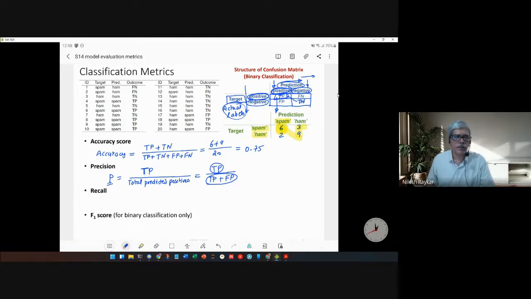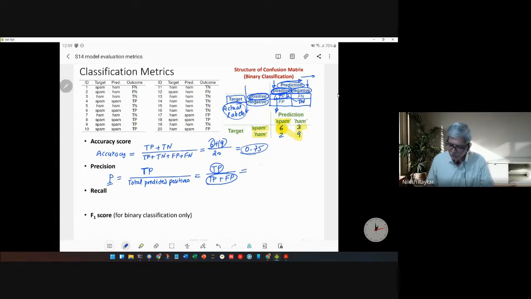So in such situations, rather than using the accuracy score, which is a mix of faulty and not faulty, this score can be misleading, because the score may be very high, but that may be because of a good match with respect to negative things. The negative match may be very high, but the positive match may be less. But you are more interested in the reliability of predicting one of the labels. In that case, we'll use the precision score.